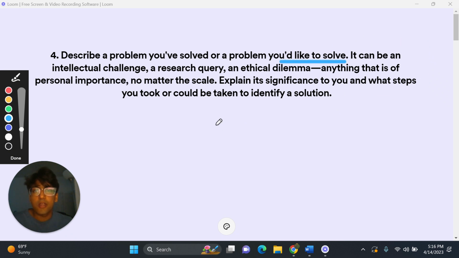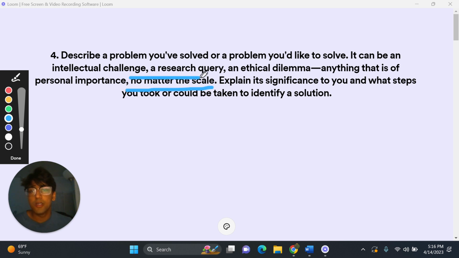And I've read a lot of these types of essays that answer prompt number 4, and I think it's a really interesting prompt. But I feel like there are some common mistakes that people make when trying to answer this prompt. The first one is that people start out with problems that are way too large that they cannot solve themselves. I see essays like, I want to figure out the solution to global warming, or